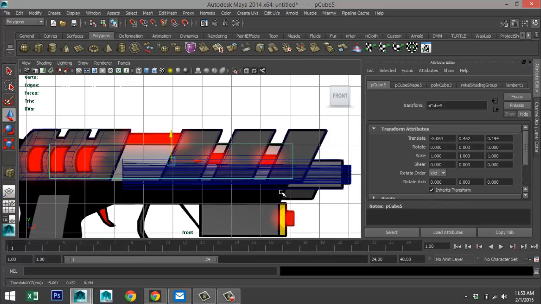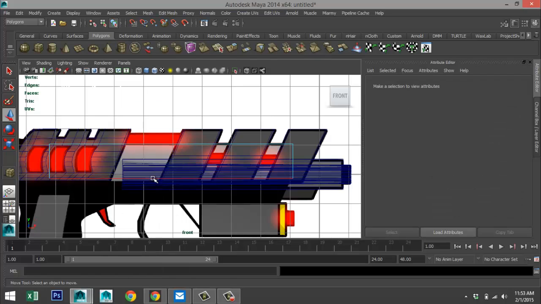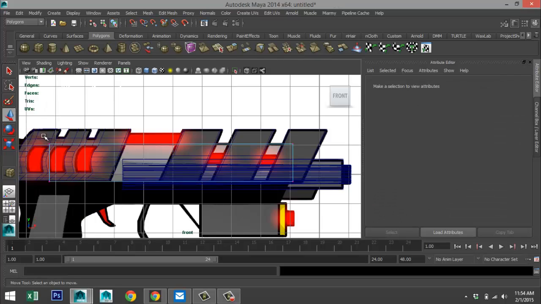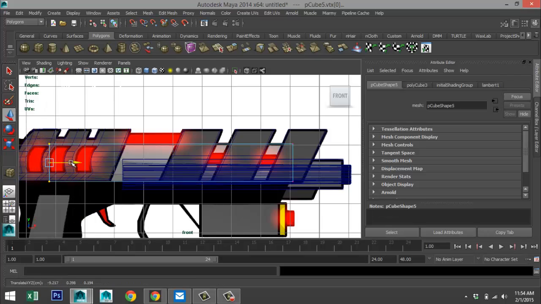Now for the bottom section, it's a bit hard to see, but we'll right click edge, select that and bring that down. Sorry, I need them both. That's better. And as far as that sticking out, right click vertex, select these two and bring that way back here.